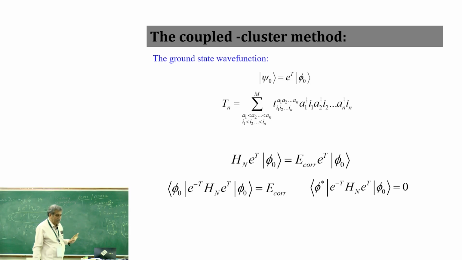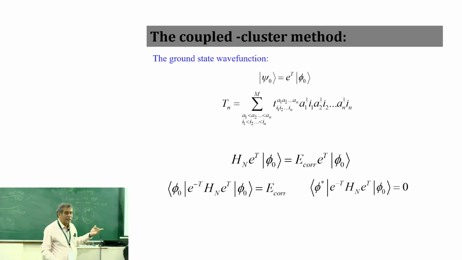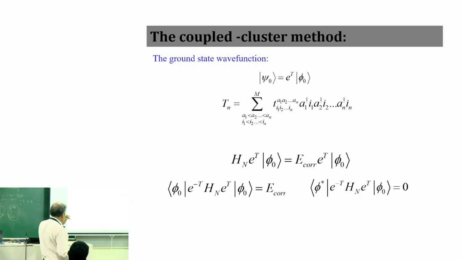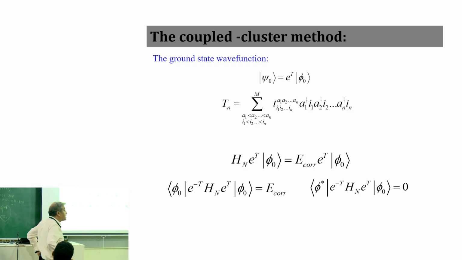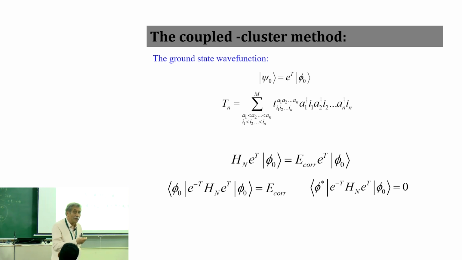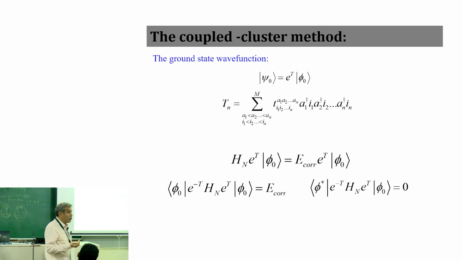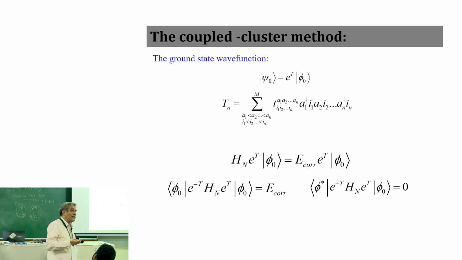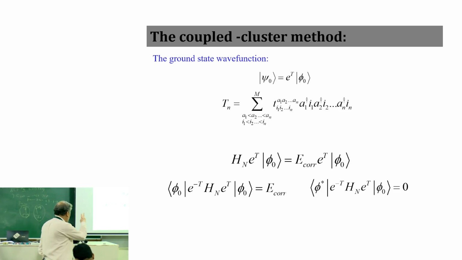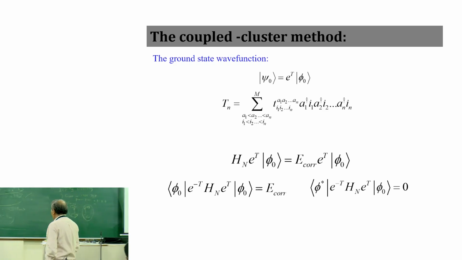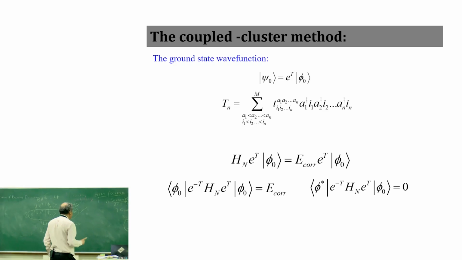So that's how it goes, and this equation is a nonlinear equation, as you can clearly see. It is not a linear eigenvalue equation, it is actually an algebraic nonlinear equation. Iteratively you have to solve, and this is the problem of coupled cluster. Because if you don't start with the correct T as a starting value, it may not converge. So usually we start with T as a perturbation guess. And if the perturbation is good, it does converge. But that is one problem that coupled cluster has, that convergence is not guaranteed.